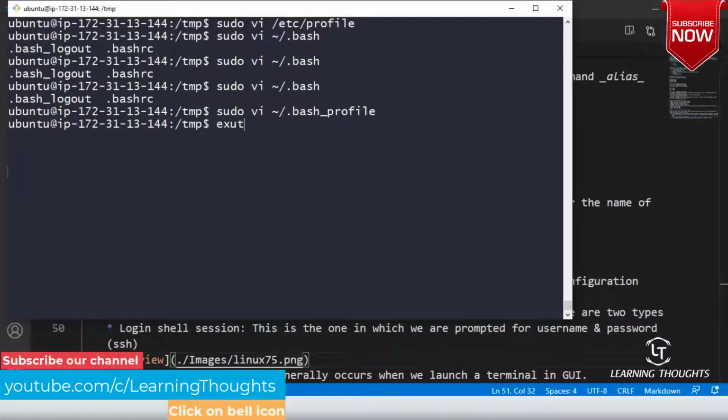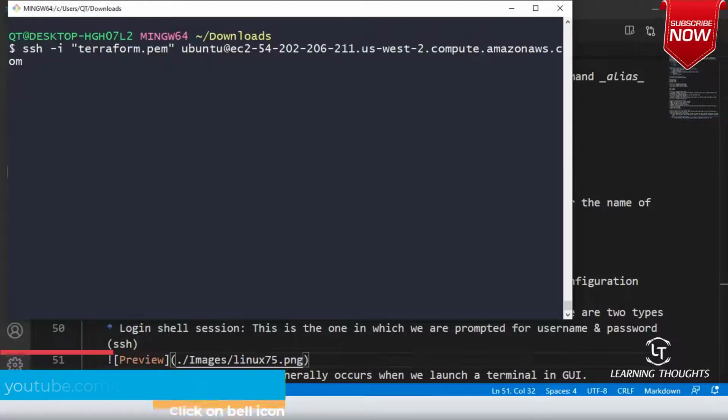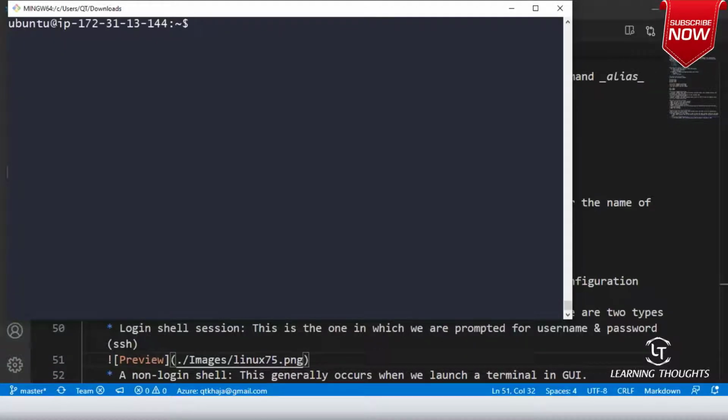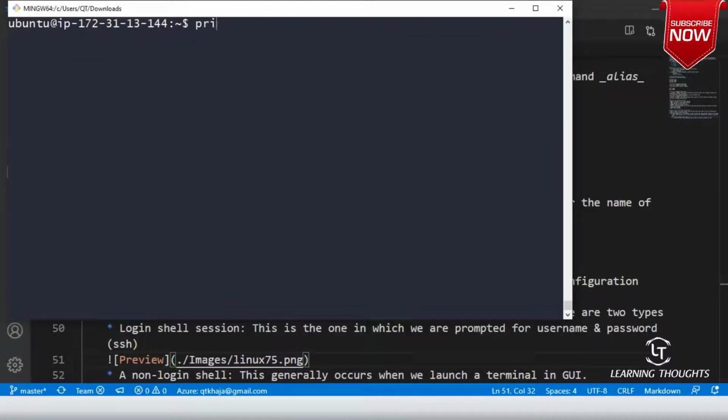Now let me log out and log in to this machine, and then print the variable with echo $MYENV. Are you seeing temp? Now if you use the set command, you will be able to find MYENV. In printenv also you would be able to find MYENV.